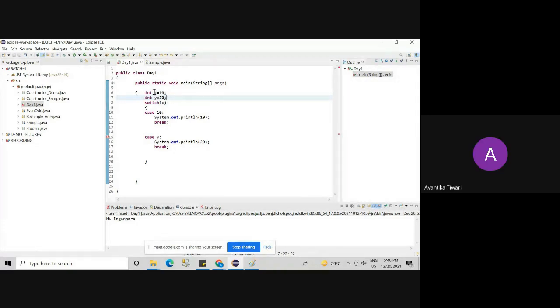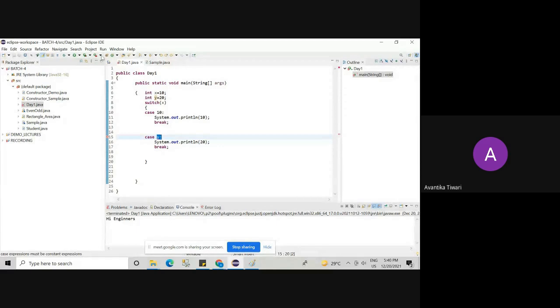In the similar way, x is also a variable, y is also a variable, but here I am specifying 10. Instead of x, I am specifying 10, which is a constant. 10 is a constant, x is not a constant, x is a variable. Here, I am specifying y, I am not specifying 20.